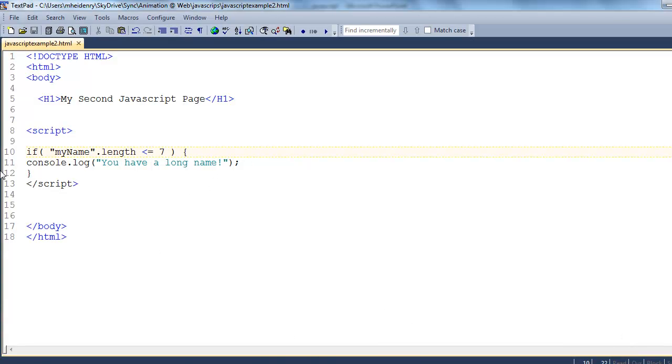So back in my code, I'll just use this current if statement. So if my name, and I'm going to change this back. So this one evaluates to be false, just to show you how the else works. If my name.length is greater than or equal to 7, it's going to say I have a long name. Else,